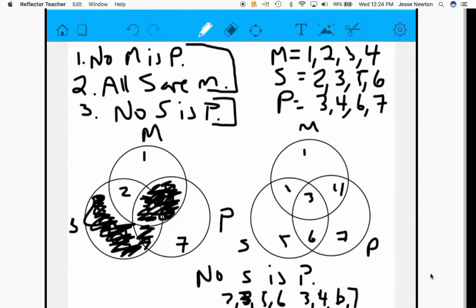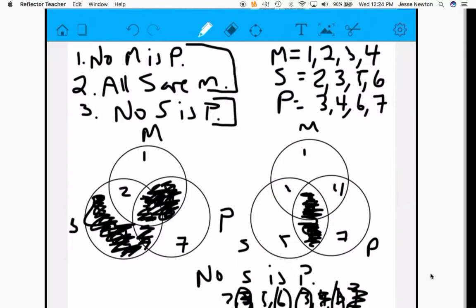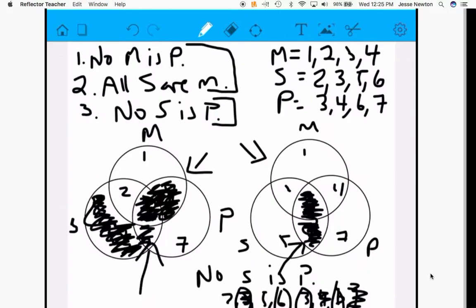So what are the regions? It would be 3, right? And then 6, just like this. And then we scribble this out because we don't need that. And what this is saying is no to 3 and 6. So we shade in 6 and we shade in 3 because we're saying nothing is in there. And now the question is, are the regions that are shaded in right here also shaded in over here? And the answer is yes, they are. 3 is shaded in here, 3 is shaded in the combined premises. 6 is shaded in the conclusion. 6 is also shaded in right there. And so this argument is